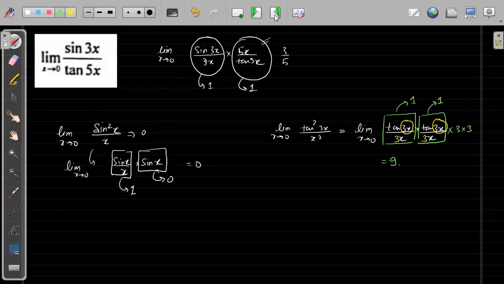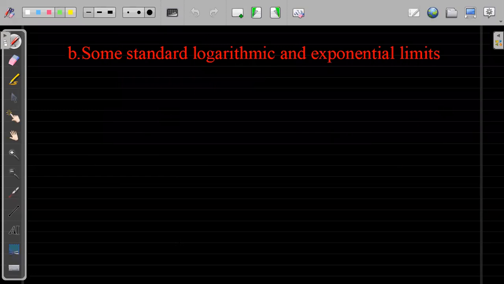Okay, very good. Now see, after standard trigonometric limits, we will have some standard logarithm and exponential limits also, right? These log and exponential standard limits we have already seen before, but right now we are just writing them as the standard forms. If we ever see these standard forms anywhere, we will simply replace them with the answer. So we do not have to expand or do differentiation or anything else. I will write these exponential and logarithmic limits, all the forms. There are very few, but let's see once.